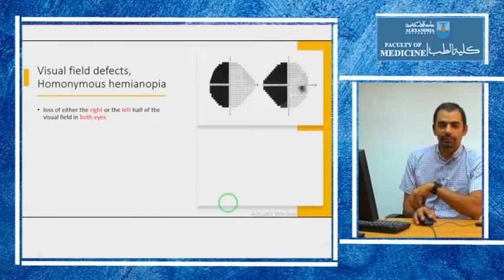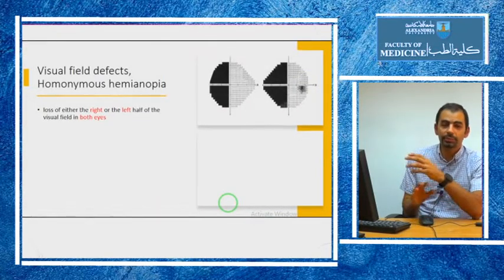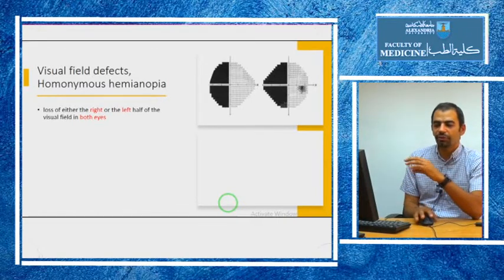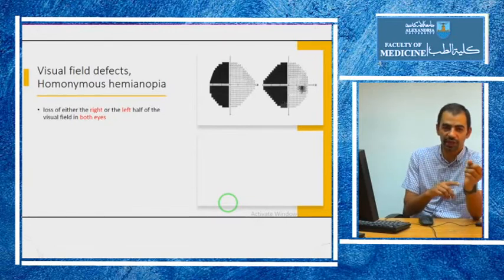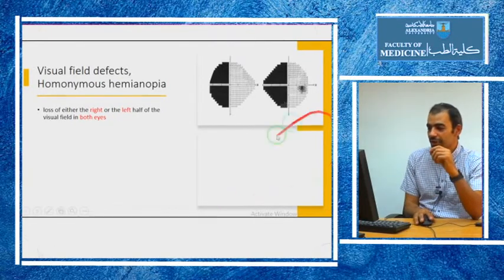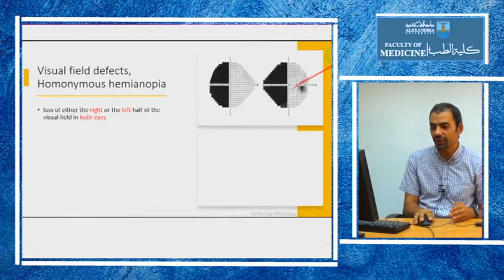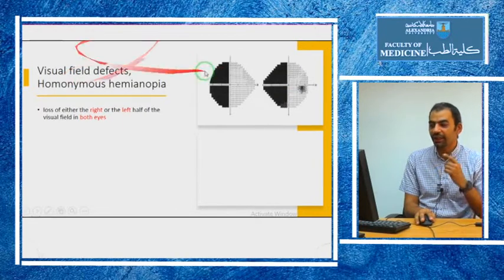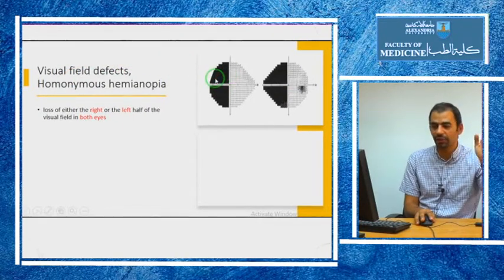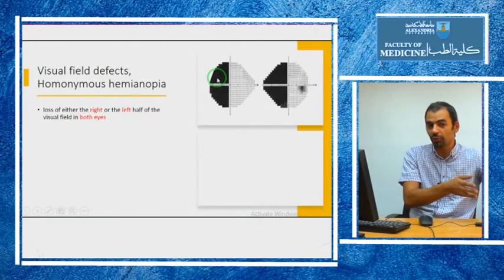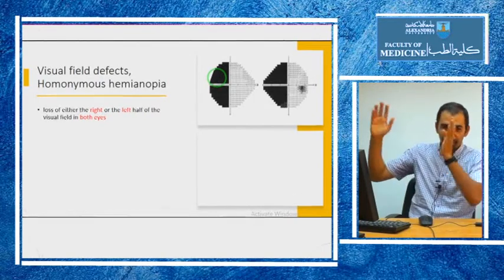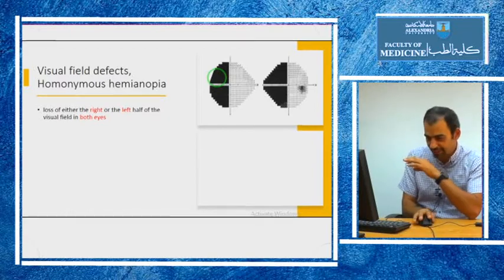One of the terms that we need to know about is homonymous hemianopia, which means loss of either the right or the left half of the visual field in both eyes. So for example, this patient cannot see the left half of the field with his right eye, and again he cannot see the left half of the visual field with his left eye. So this half of both eyes is defective, while the other half, the right half, is intact. And usually